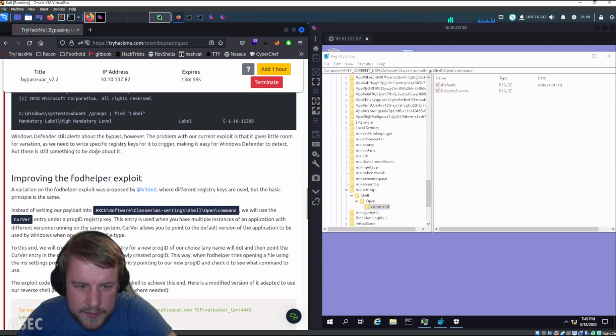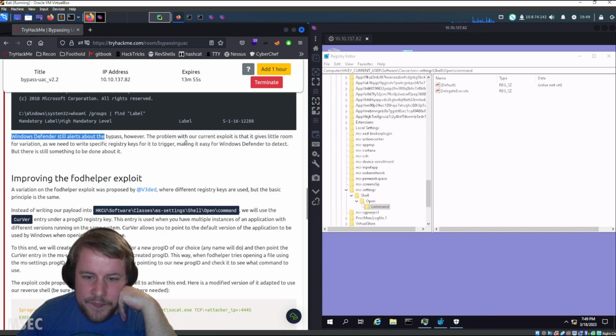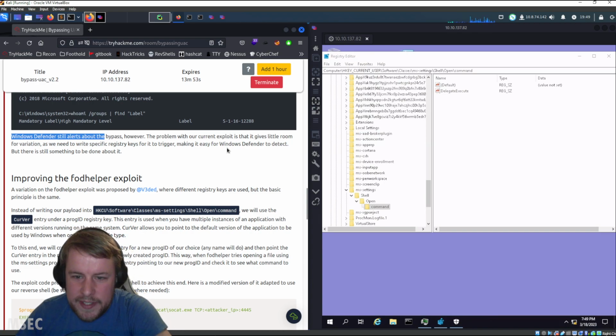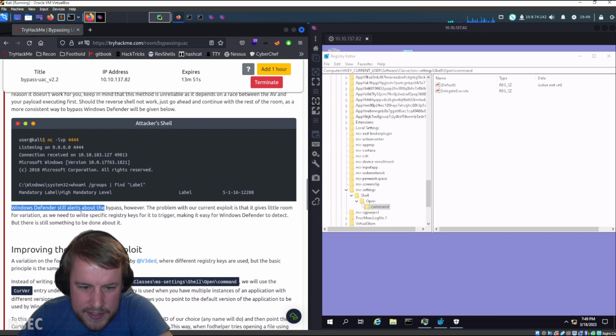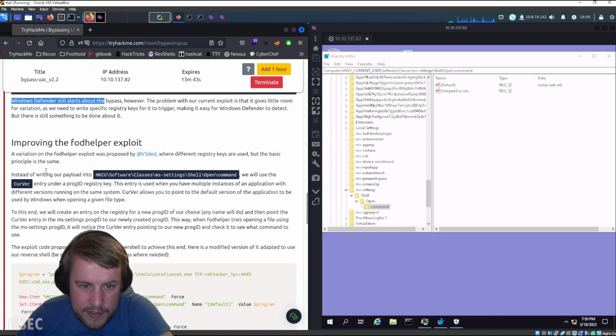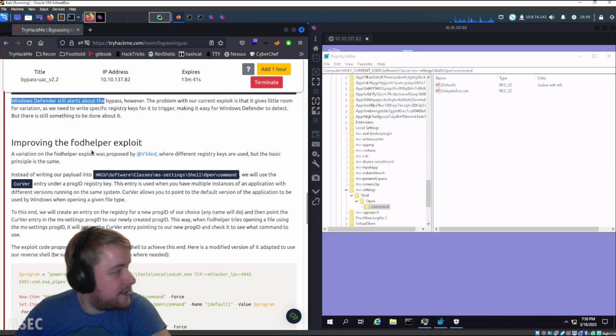So we did this, so we were lucky with that one. Windows Defender will still alert about the bypass, however. The problem is with our current exploit, it gives little room for variations. We need to write a specific registry key for it to trigger. This is easy for Windows Defender to detect, but there's still something that can be done about it. To improve the exploit further,